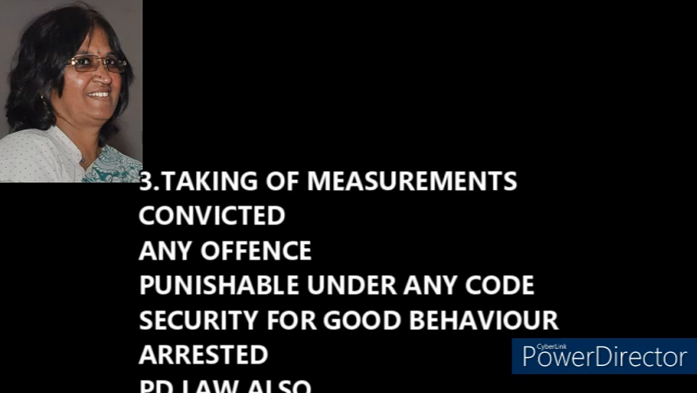Any person who has been convicted of an offence punishable under any law for the time being in force, or 3b, ordered to give security for his good behaviour or maintaining peace under section 117 of CRPC for a proceeding under section 107 or section 108 or section 109 or section 110 of the said code, or 3c, arrested in connection with an offence punishable under any law for the time being in force or detained under any preventive detention laws, shall, if so required, allow his measurement to be taken by a police officer or a prison officer